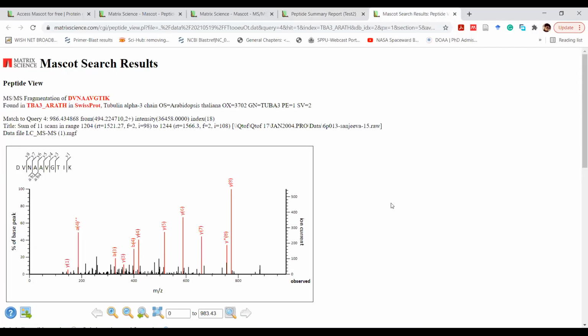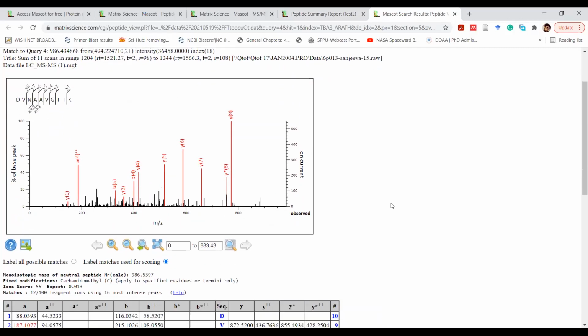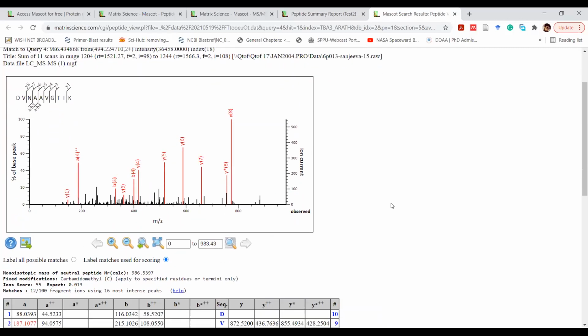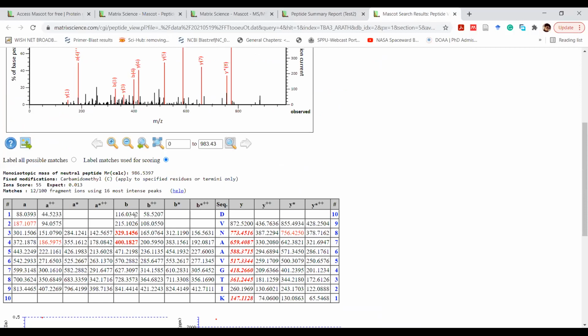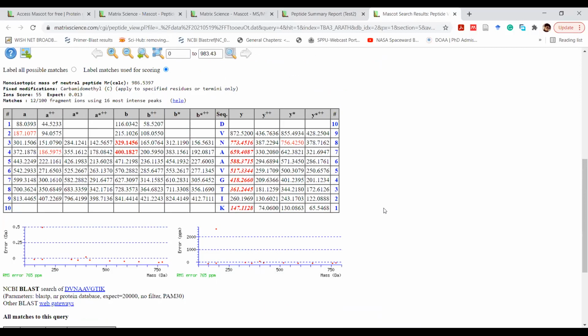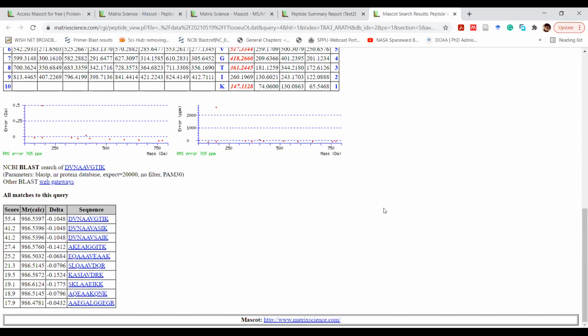So these are the Y ions and B ions that have matched. And exactly how many have matched? In this table, you can see that 2 B ions and 7 Y ions have matched, right? And there are several other data like what score and what query against each sequence that has been found.